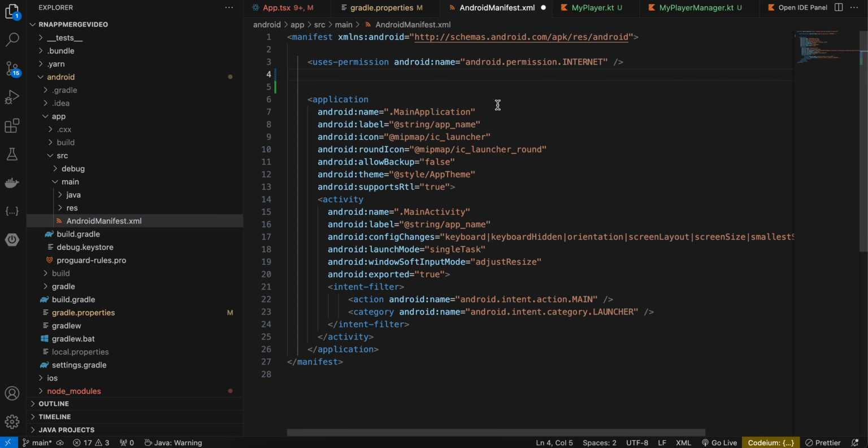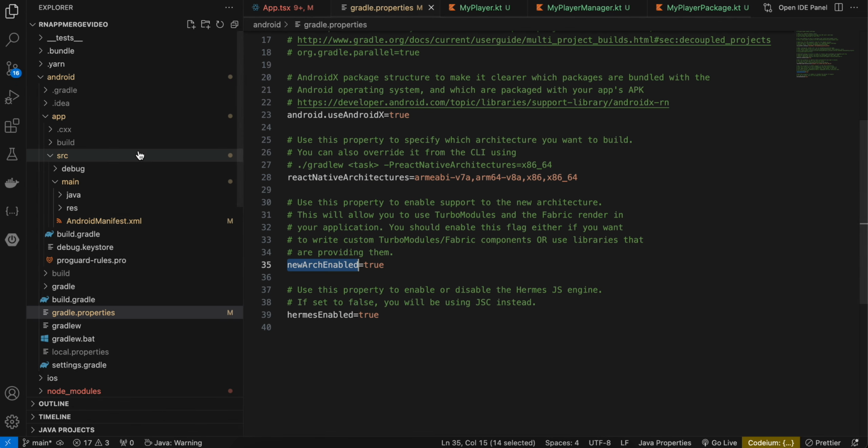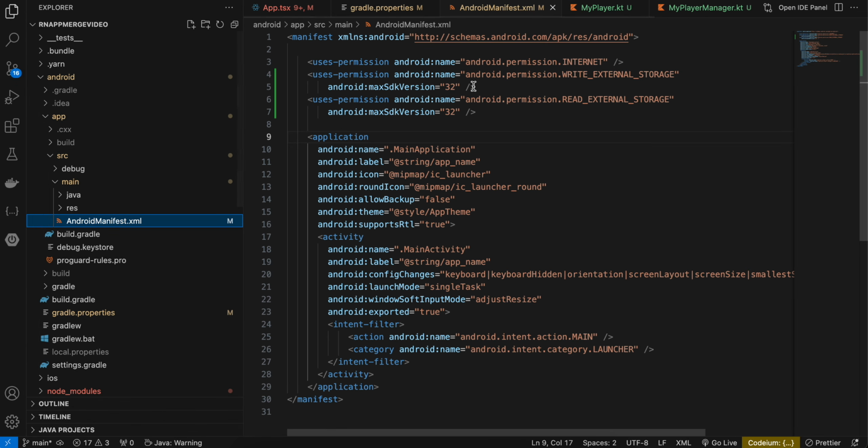Okay, now if I show you my Android manifest. Okay, don't save. Okay, I'll go back to Android manifest. Here you can see you have to add this to permission. All right,